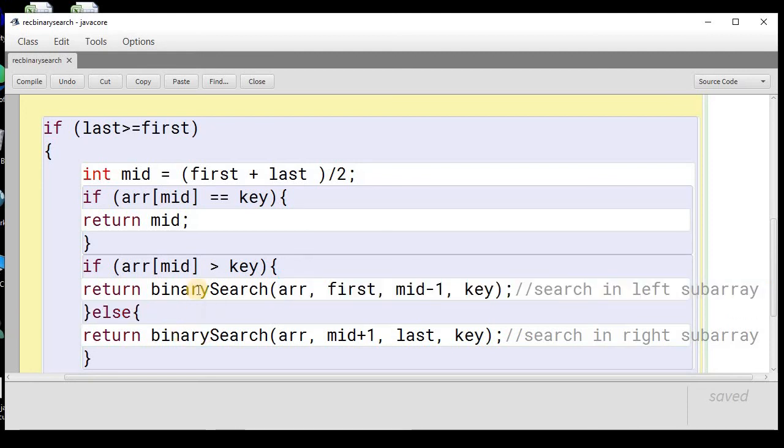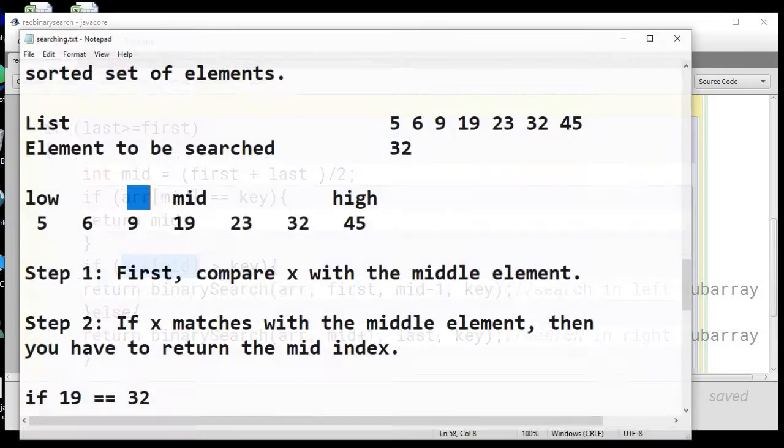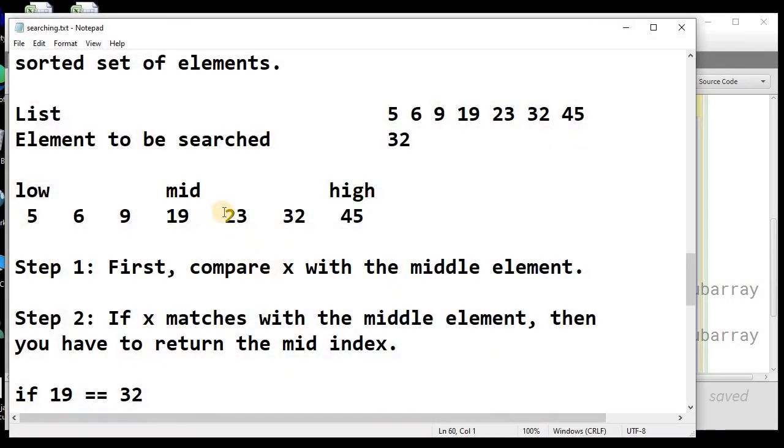Now else, if the element is not smaller than the mid element, then what will happen? The element will be greater than the mid element. So if the element is greater than the mid element, obviously it will reside in the right hand side list. So in this case, again we need to change the indexes. You now see the high index will remain the same, but the low index will be converted.